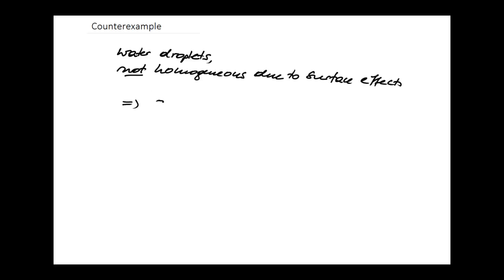This means if I have a big water droplet with a given energy, particle number, and volume, and then I split this big water droplet into two small water droplets, where the two small water droplets have each half the particle number, half the volume, and half the energy of the big water droplet,